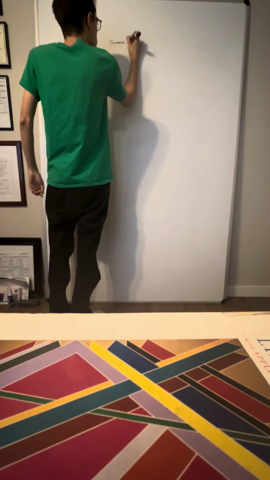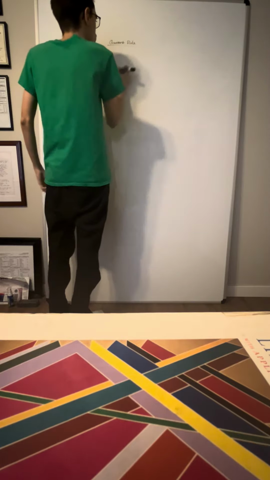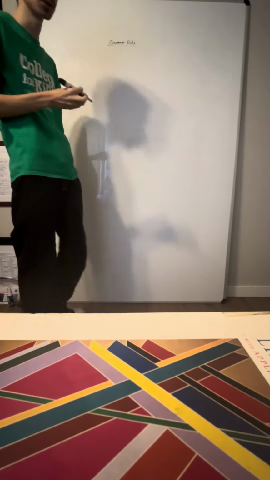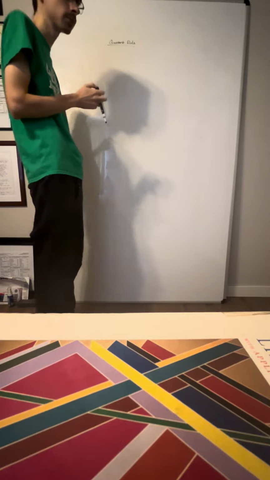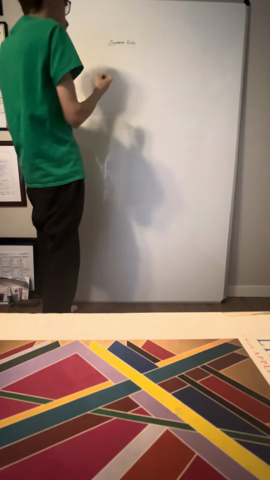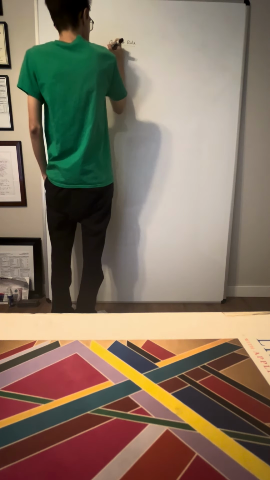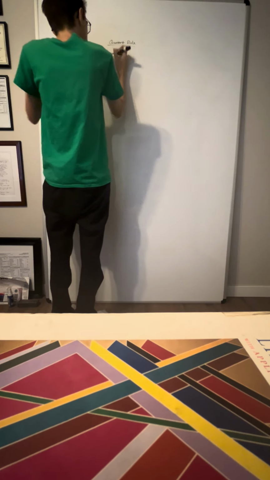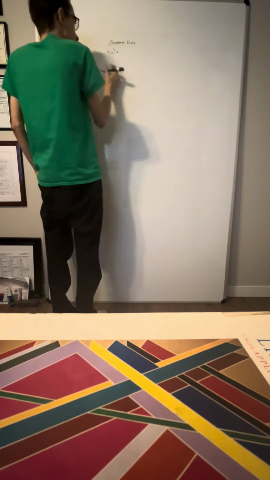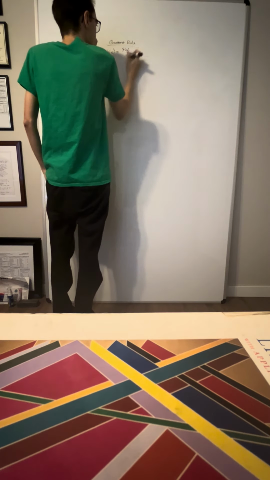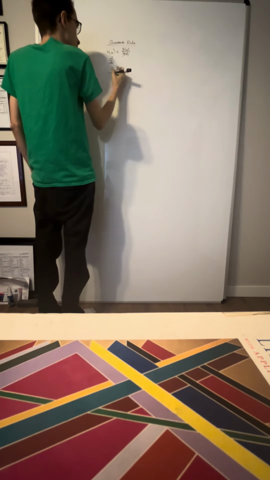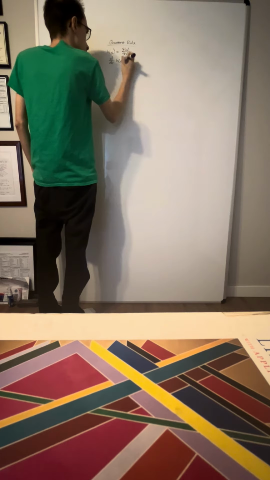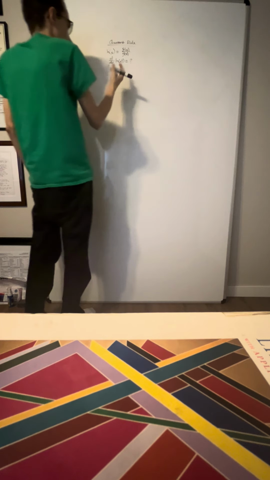Quotient rule. So if your teacher hasn't talked about this concept yet, they probably are about to at some point. And the quotient rule seeks to answer the question of if we have some h of x, which can be represented as some f of x over g of x, then how can we actually figure out what d dx of h of x is